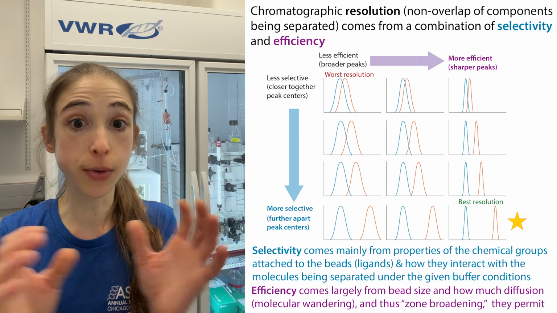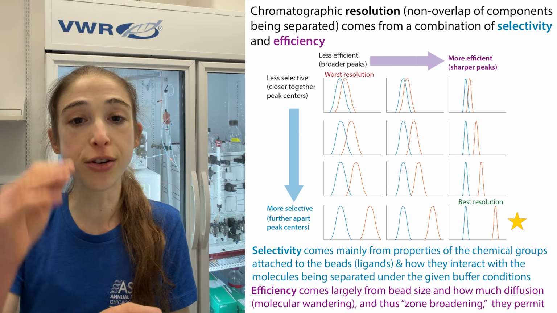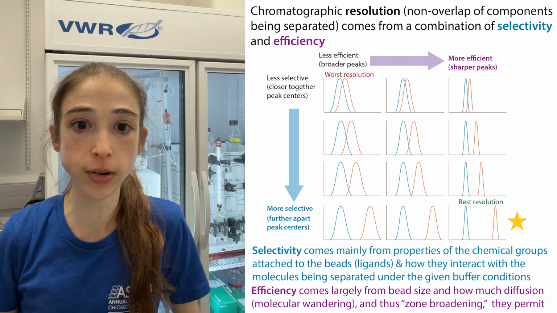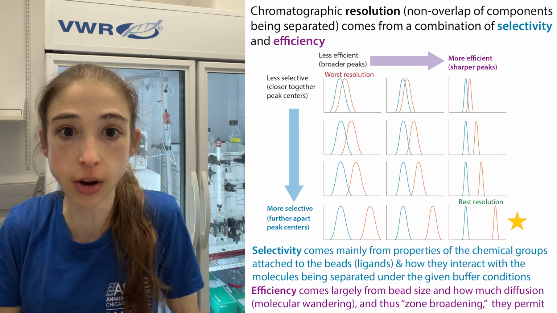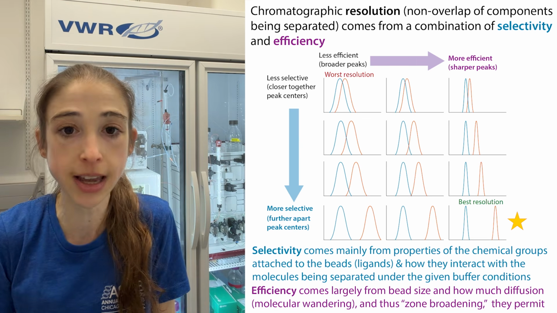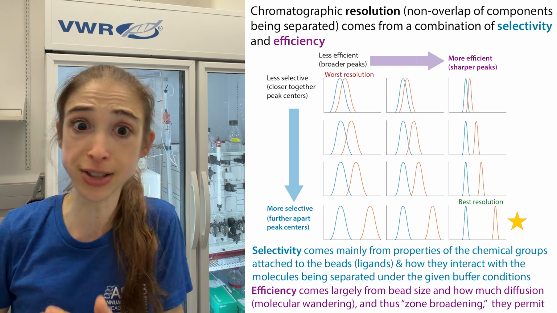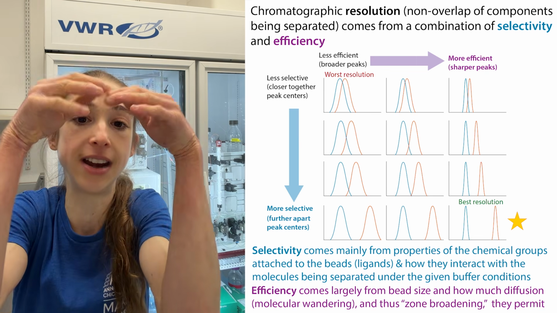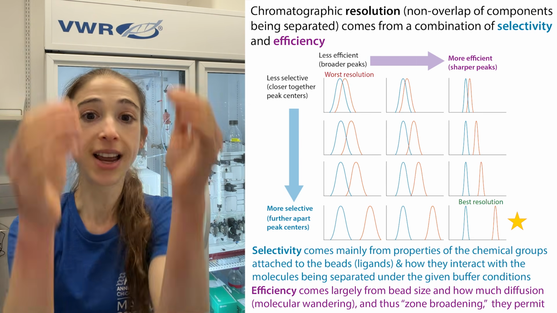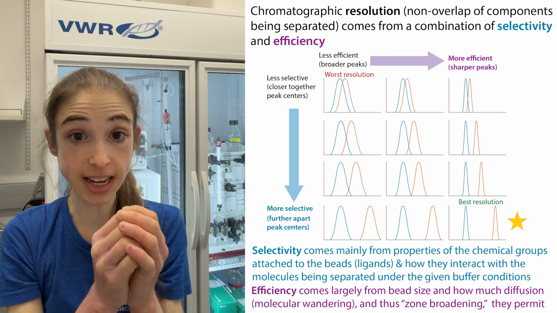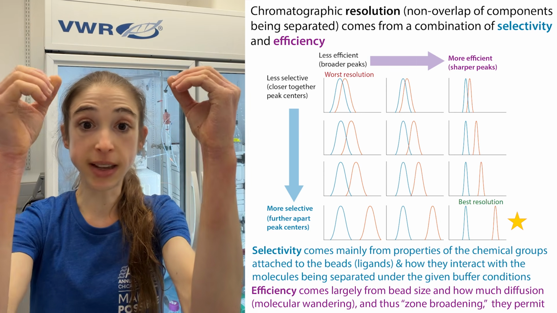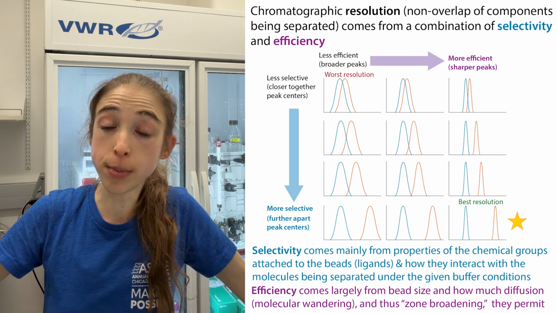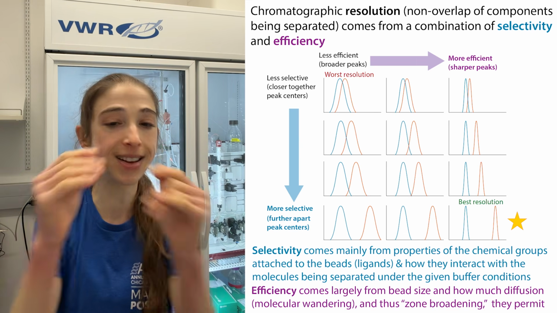Then with any technique for the resolution, you want to make sure that you're not overloading the column. If you load too much protein, your peaks are going to be broader. So the more protein you're loading, the broader your peaks are going to be inherently, and you need to keep that in mind. You also want to keep in mind that if you load too much, you're going to saturate your detector, and that's not what you want. What you do want is nice sharp symmetrical peaks, good efficiency, and the peak centers being separated, good selectivity. The combination of those two, the peaks being far apart and not spreading out,